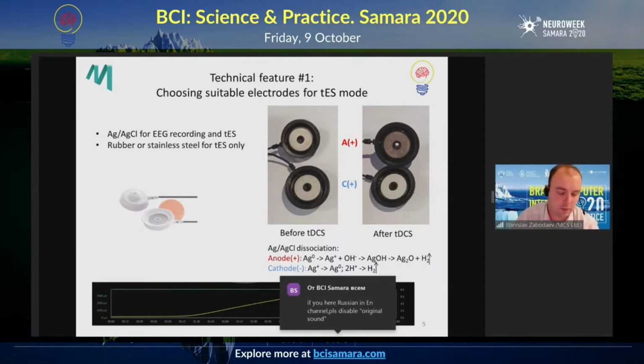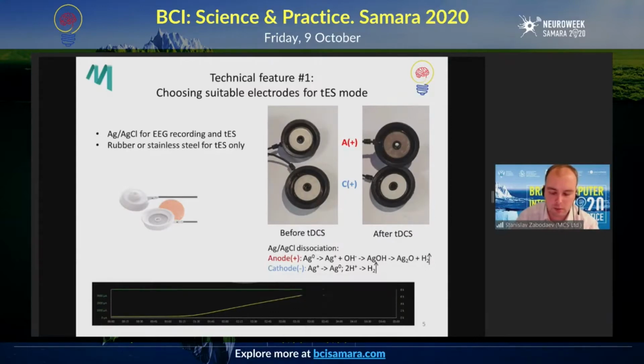Silver chloride electrodes are currently used for EEG recording. It's what we use, these AgCl electrodes, and in terms of science, there's no compromise. It's all about silver chloride, and silver chloride-based electrodes can be used for both recording and stimulation, but as opposed to stainless steel,